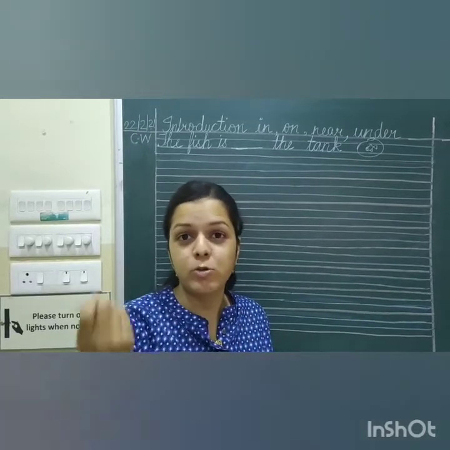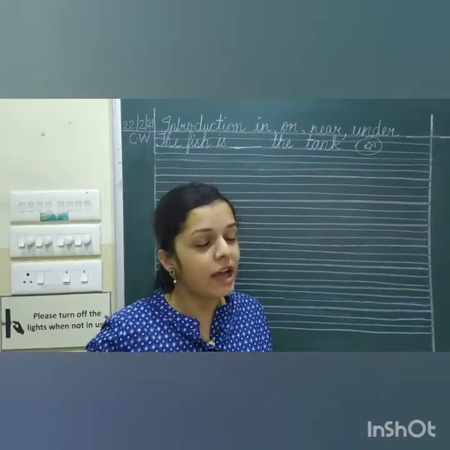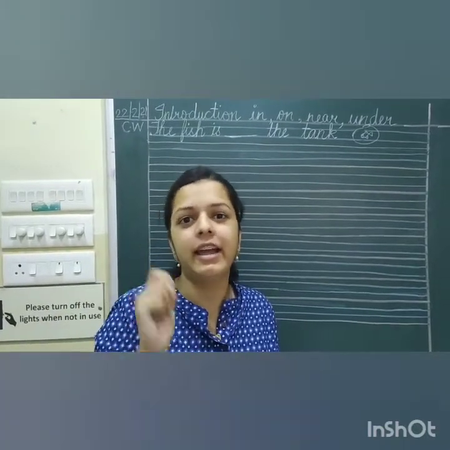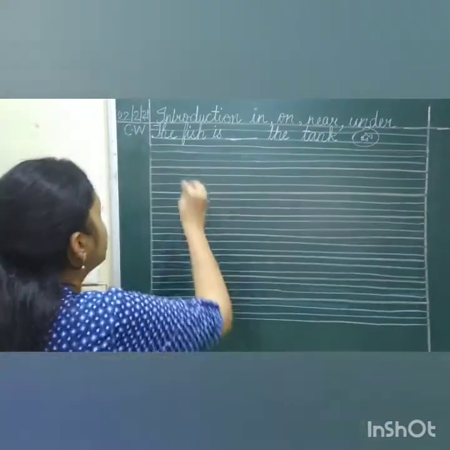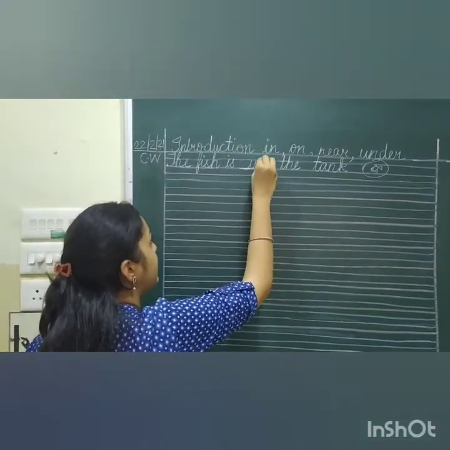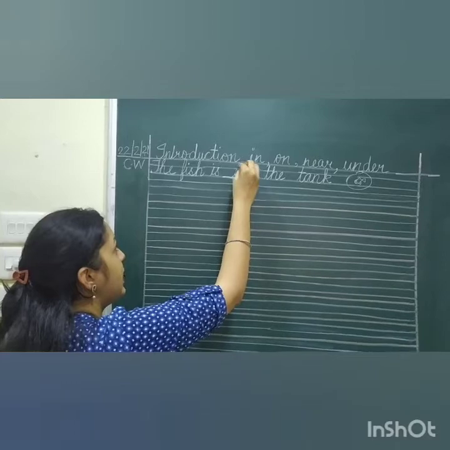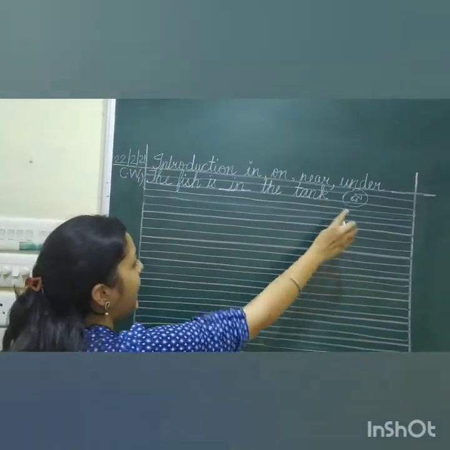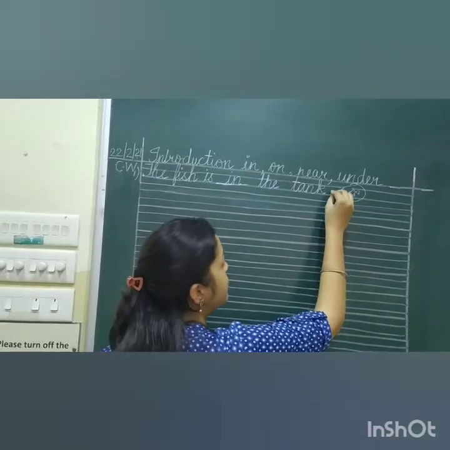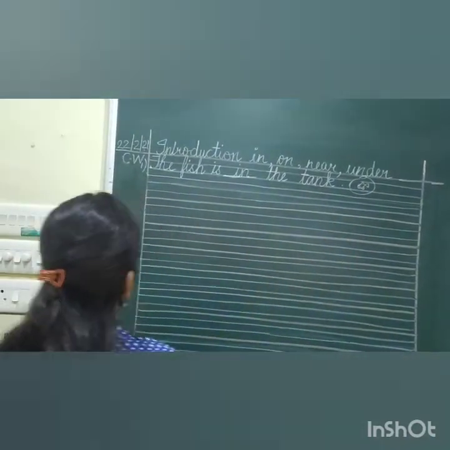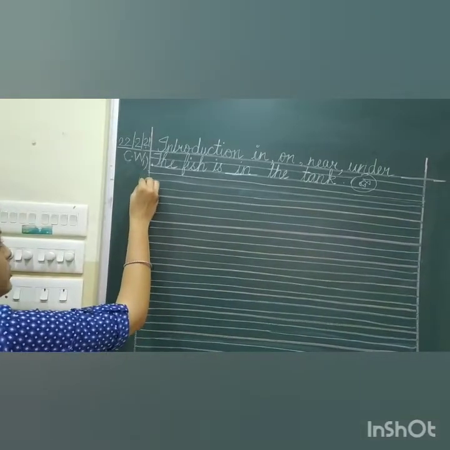It is not outside. वो बाहर नहीं है, वो यहाँ नीचे नहीं है, ऊपर नहीं है. वो टैंक के अंदर है. तो we will write the fish is in. I-N, in. And you are going to underline the answer. In, first question. In the tank. And you are going to put full stop. And you are going to draw the picture this way. Okay. Next we are going to write